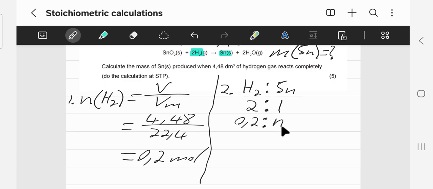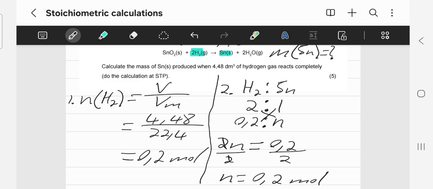So here we are going to write N, and then we'll do our cross multiplying there and say N multiplied by 2. That's going to give us 2N is equal to 0,2 multiplied by 1. That's going to give us 0,2. And then we'll divide by 2 on both sides. These are going to cancel. So our N in this case is going to be equal to